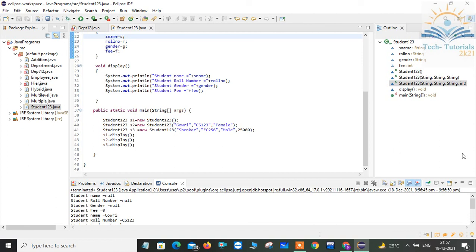Now for the second constructor, I assigned three values, right? Gauri, CS123 and female. The fourth argument I didn't pass, so it will assign the default value, that is 0. And the last one I assigned four values like Shankar, EC256, male and 25,000. So everything is displayed. So this is about constructor overloading.